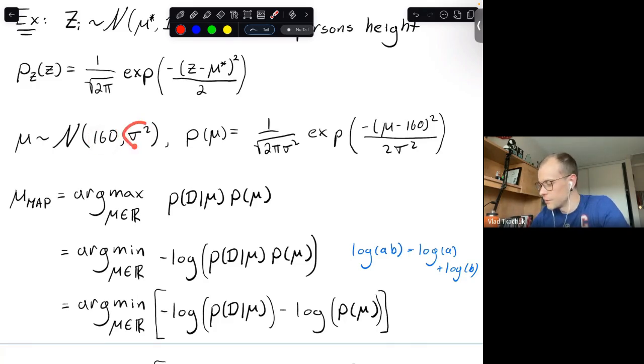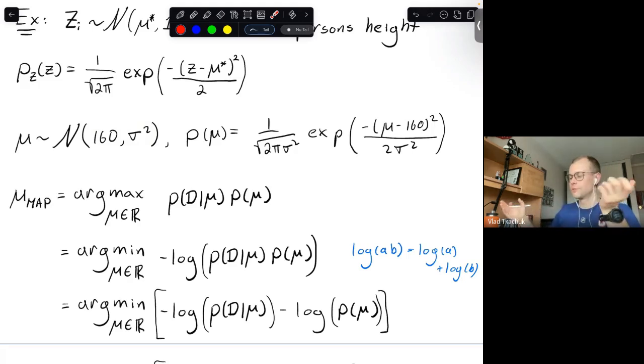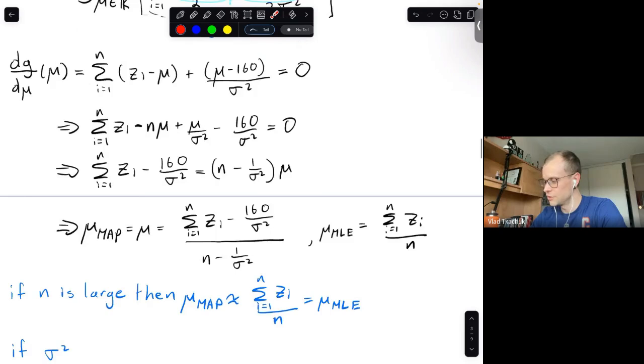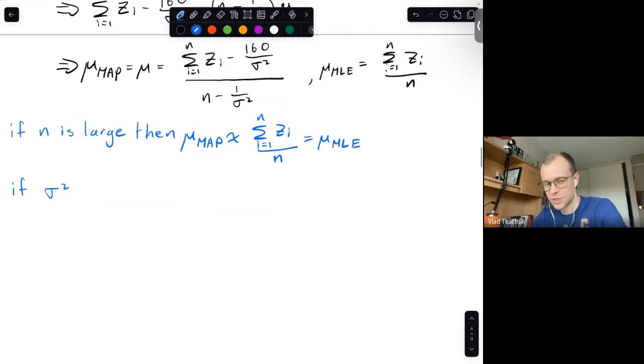Well, if the variance is very, very large, this would mean that your prior knowledge is not very strong, and you wouldn't have much confidence that it's 160, in the sense that the distribution of this thing is very, very spread out. That's what high variance would mean. So we could look at these two cases, which is if sigma squared is small, so you're very confident in your prior,